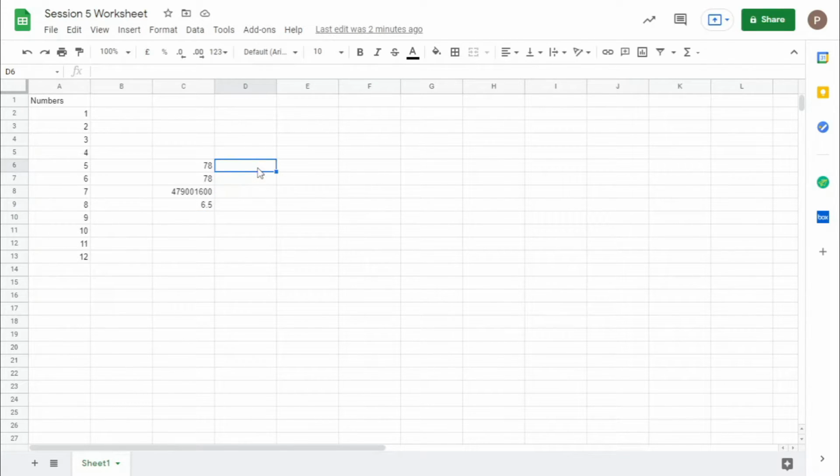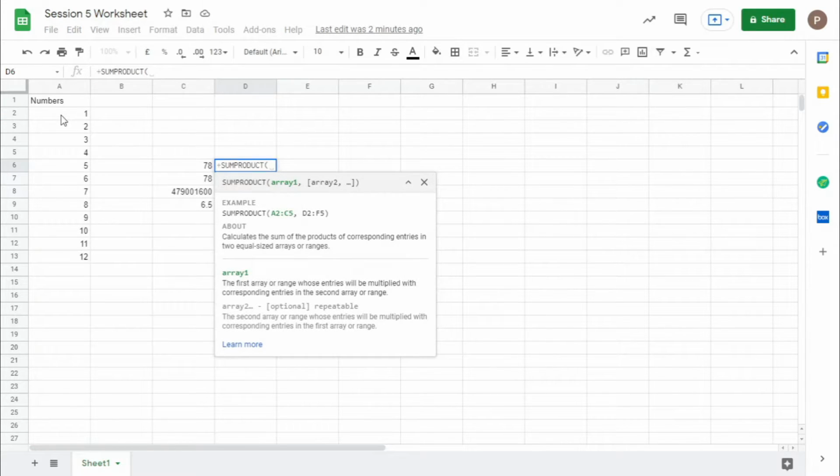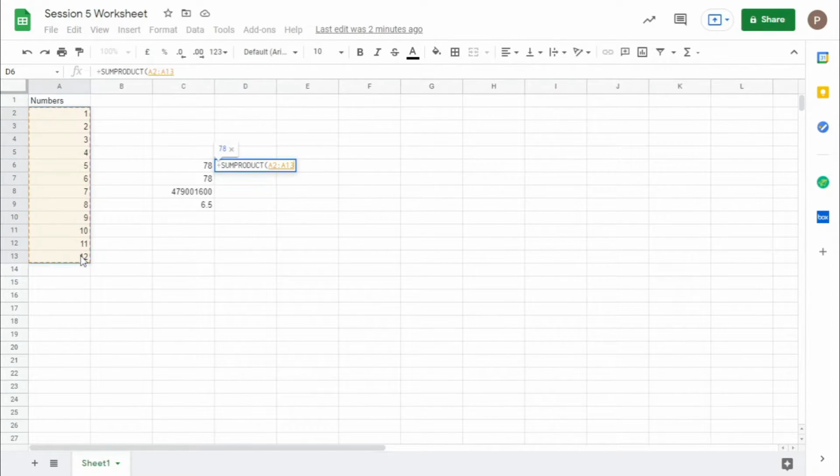Next, you can even have sumproduct. Let's say we take two arrays and fill them. Sumproduct multiplies the two arrays side by side: 1 into 2, 2 into 3, 3 into 4, and so on.